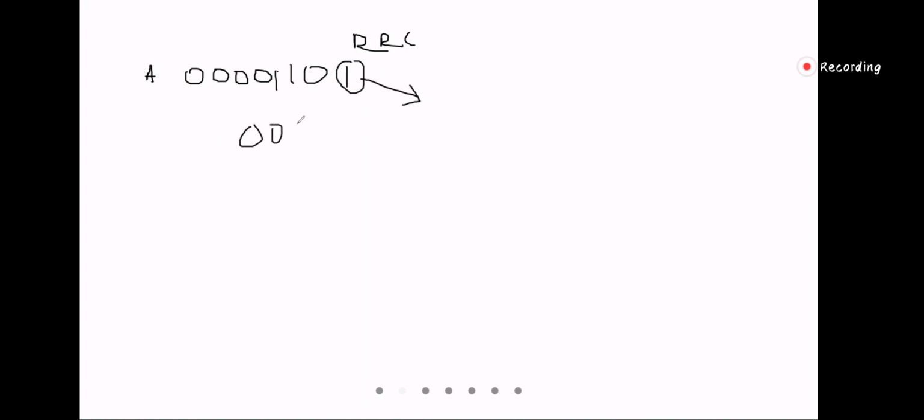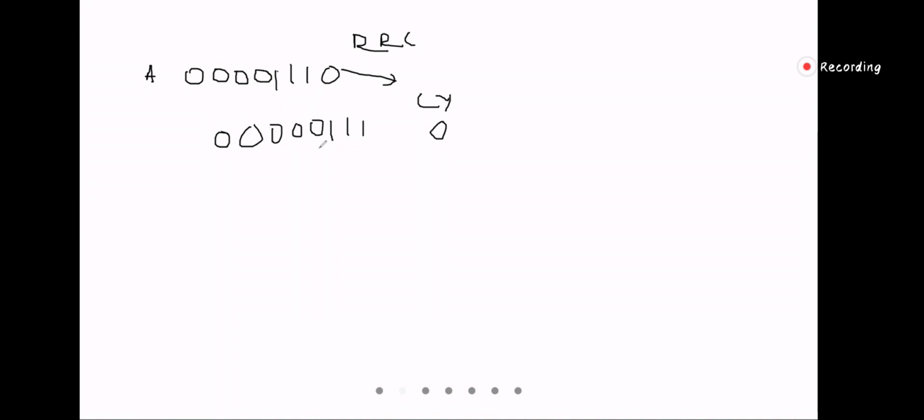So 0 0 0 0 1 1. This value, let's say 1 0, this value will be going to the carry. The last bit, the LSB, least significant bit, will be going to the carry. So if this goes to carry, it will be in the carry. A new value will come in, which by default will be 0.